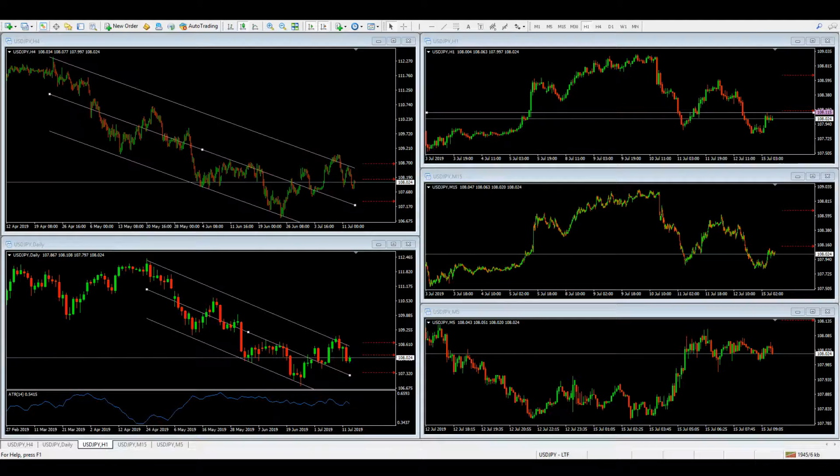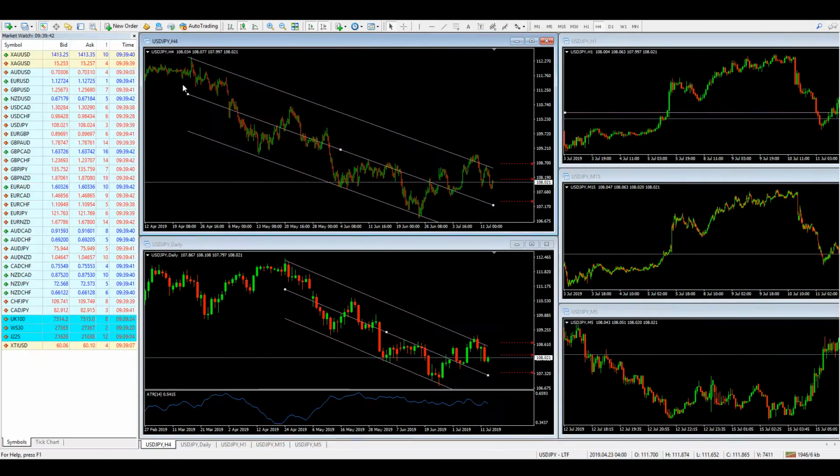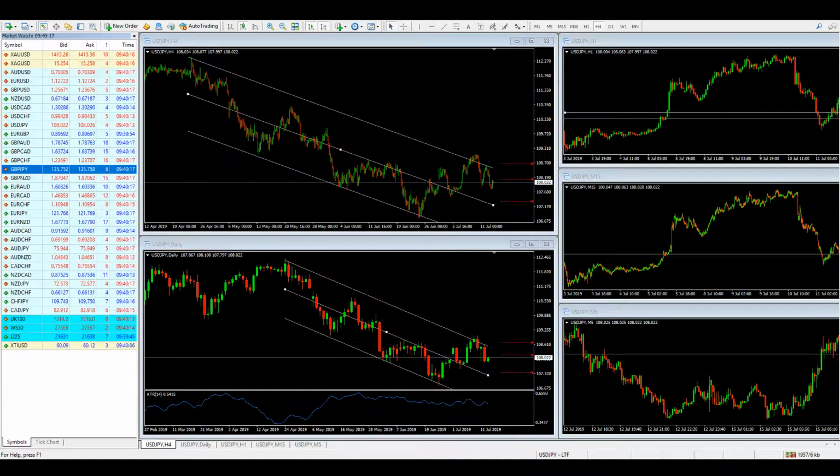0.15 as a lot. Now that is not the actual size of the lot that I need, because I need to do the currency conversion for pounds, and I can see here that the rate of GBP/JPY is 135.75, right? So what I'm going to do, because the quote currency is in yen, it means I need to do a conversion because my account is in pounds. So I'm going to take this rate and use the lot size that I need and multiply it out. So it means that I need to do,